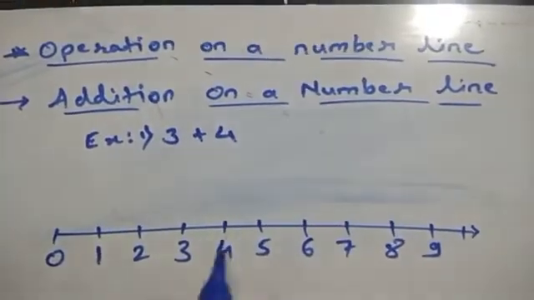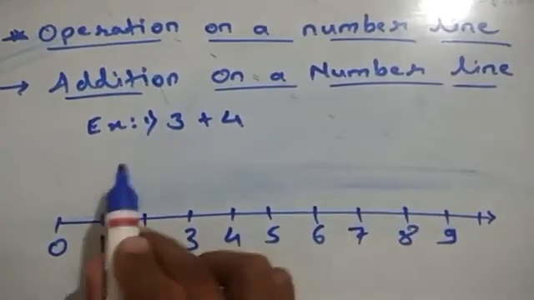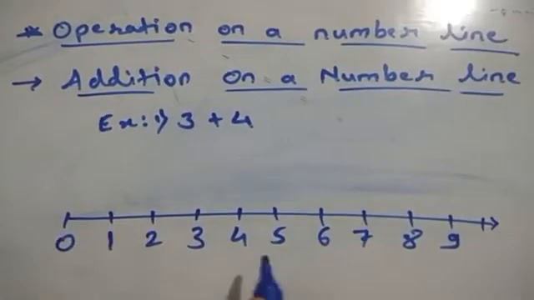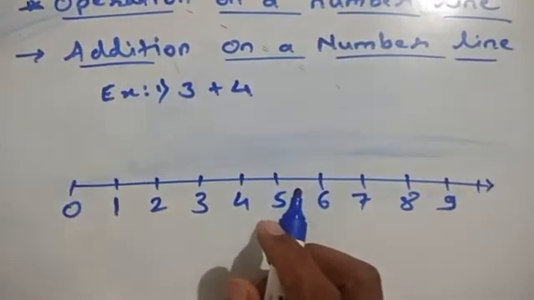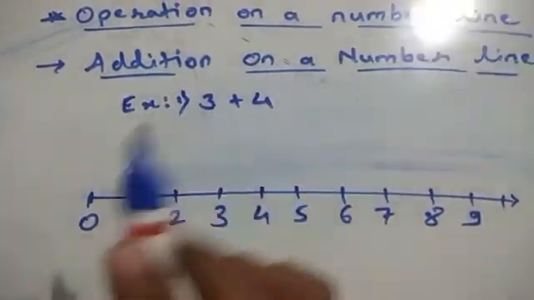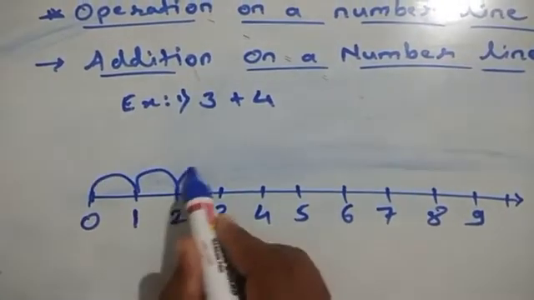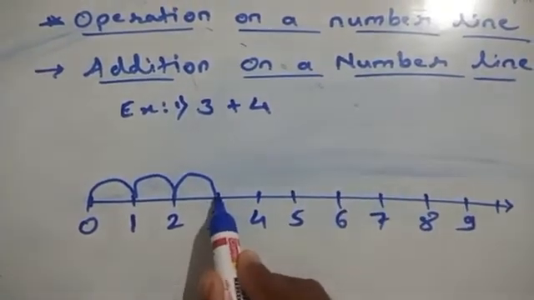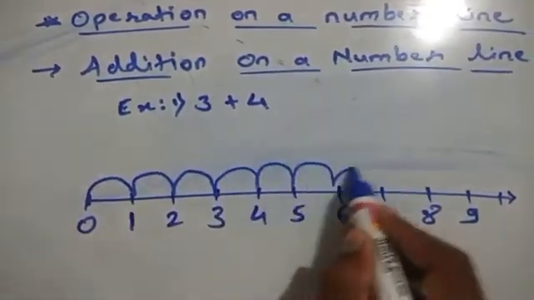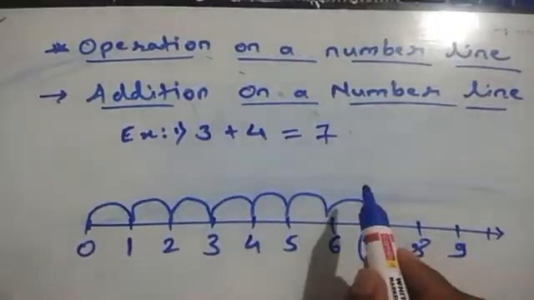Students, now we are going to discuss operations on a number line. In that we are going to discuss addition on a number line. One example I will take, 3 plus 4. How to add 3 and 4 on a number line, that we are going to discuss here. So students, remember when you add any two whole numbers on a number line, start from 0. First which number is given? 3. So make 3 jumps towards the right hand side starting from 0. 1, 2, 3. We reach 3, which means to 3 we now add 4. So make 4 more jumps. 1, 2, 3, 4. So where do we reach? 7. And we know that 3 plus 4 is equal to 7.